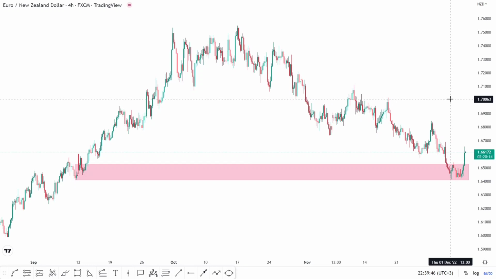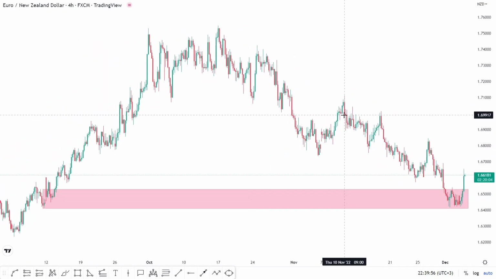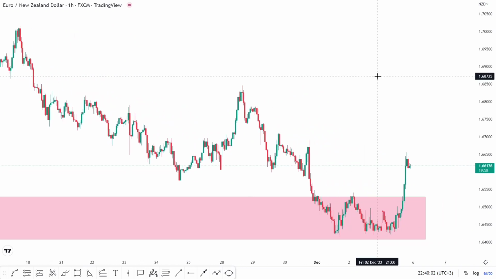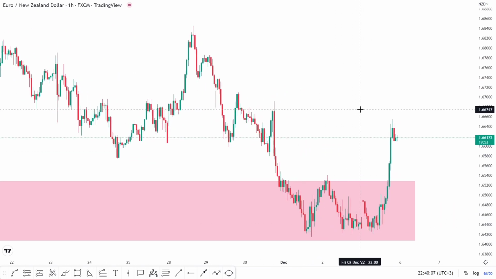Now remember, I always look for entries on the 1 hour time frame. This higher time frame was just for helping me to identify the trend and to mark the demand zone. So not all demand zones will work. Again, I always repeat, it's upon you to look at the demand zone and see that price will have a reaction. If price comes to this demand zone and it breaks out to the downside strongly, that becomes a fake signal, so you won't take the trade.